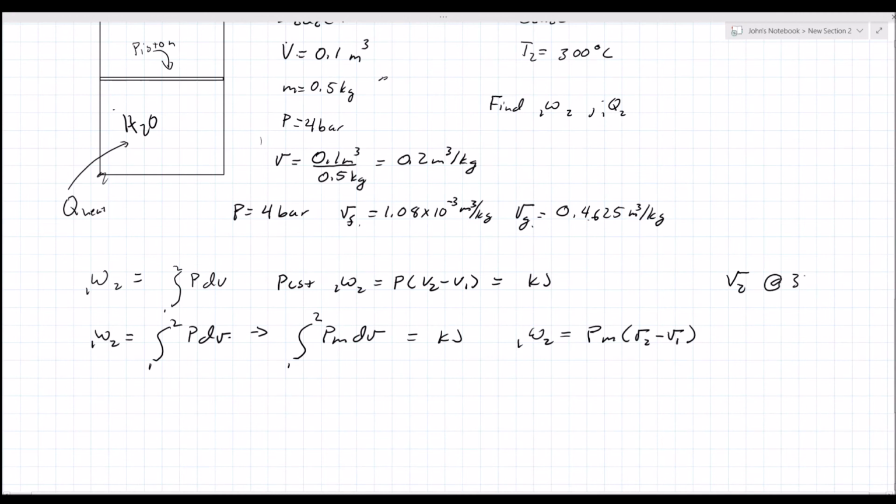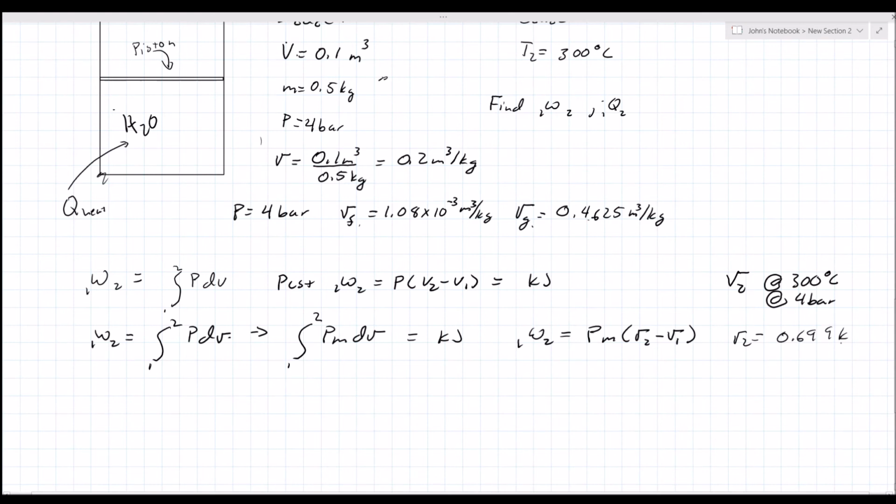At 300 degrees C and at 4 bar, you would have to look that up in a table or interpolate or do whatever you need to get that value. I have it here as V2 is going to be equal to